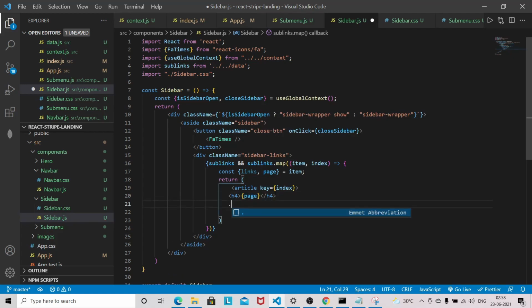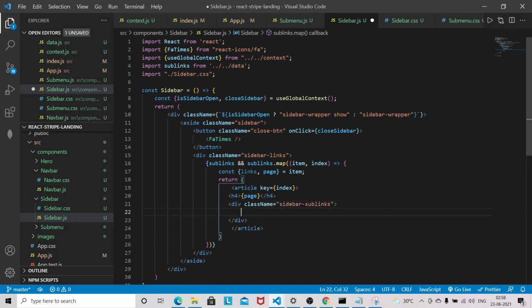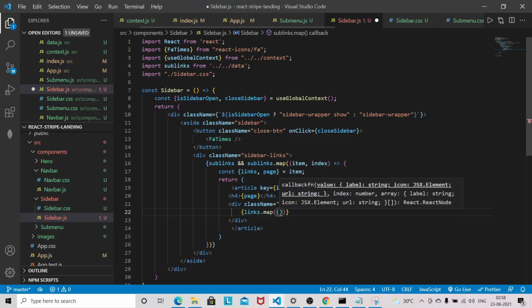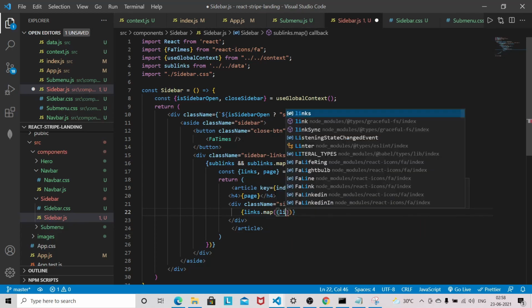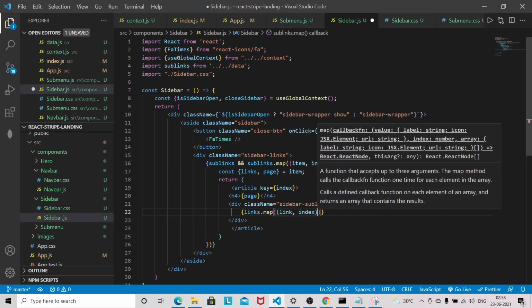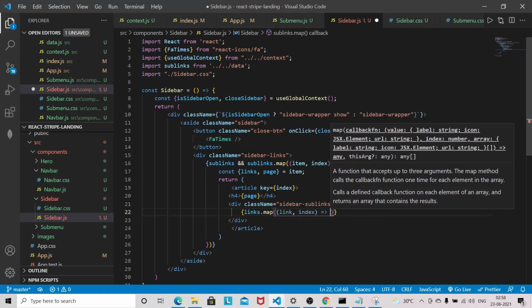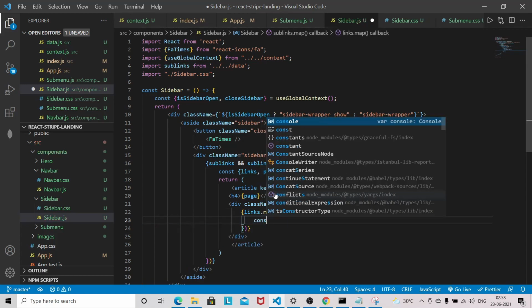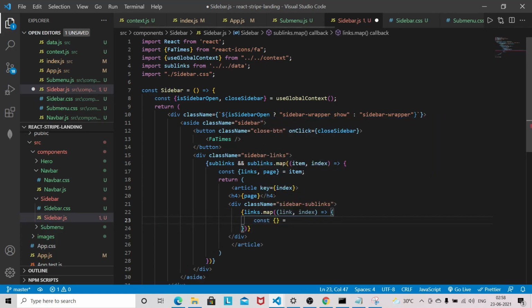And we'll have another div with the class sidebar-sub-links, and after that I am going to map the links. So links.map, with link and index, and here again I am going to destructure url, icon and label from the link.